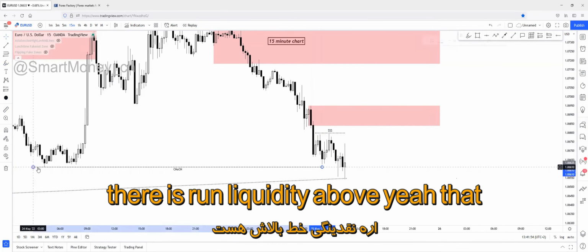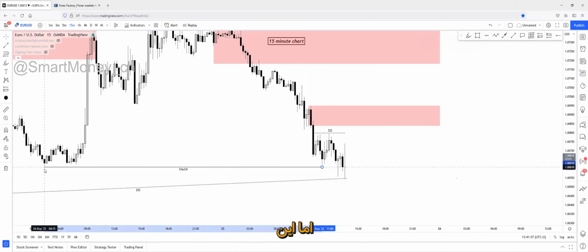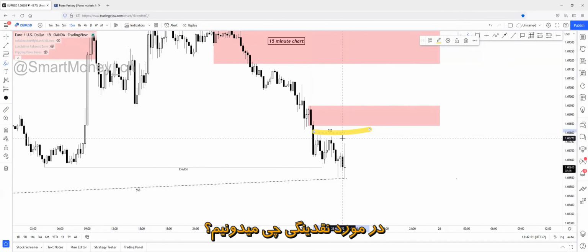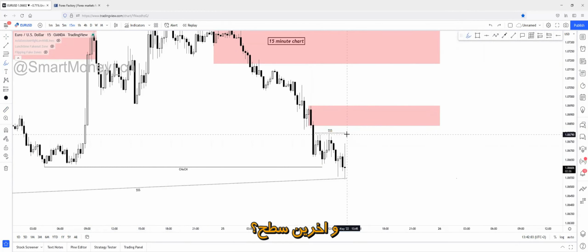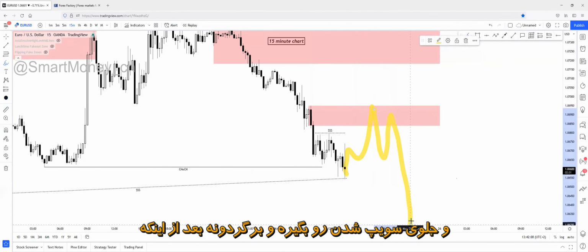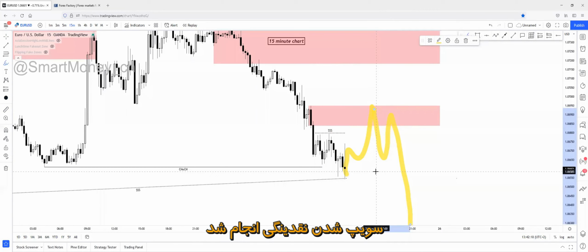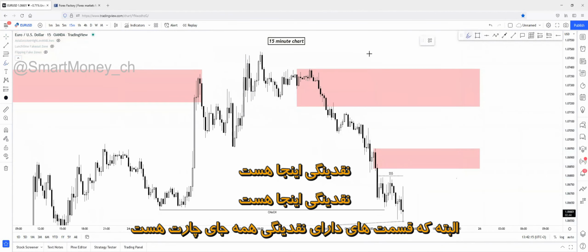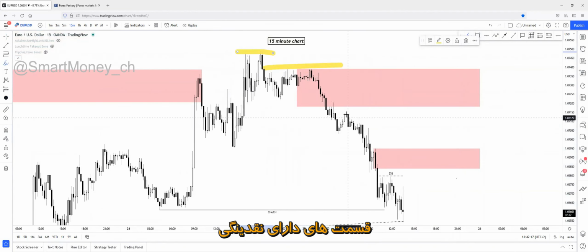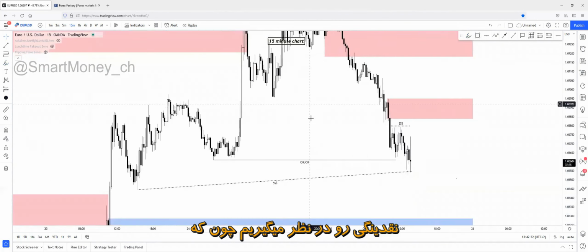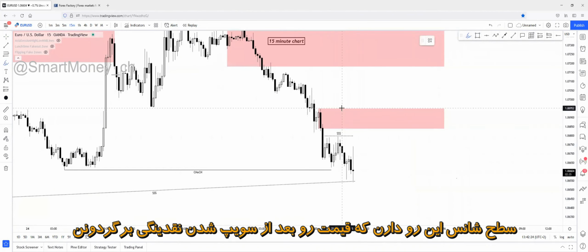there is trend liquidity above. Yeah, there could be trend liquidity above. Of course, there could be, but this is the last recent zone that has a liquidity. And what do we know about liquidity and the last recent zones? That the last recent zones above/below the liquidity have a high chance to reverse price and hold the sweep and reverse after the sweep of the liquidity. Of course, there are liquidity pools anywhere else on the chart. There's a liquidity pool right here too, and right here. There are liquidity pools everywhere on the chart, but we're aiming for the last recent liquidity, because the last recent liquidity and the last recent zone have a chance to reverse price after the sweep of that liquidity.